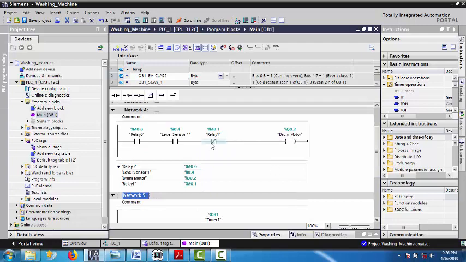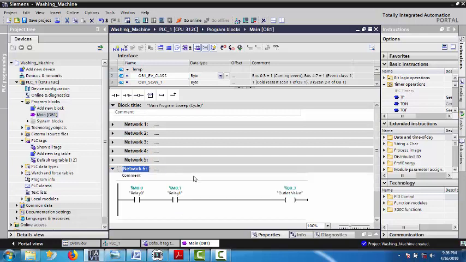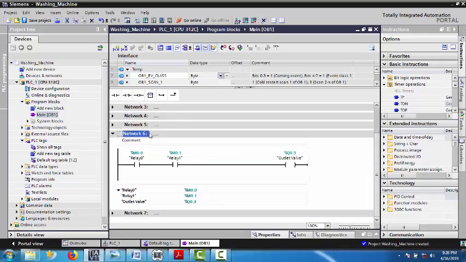As soon as relay 1 starts, you have to turn off the drum motor. That is why an NC of relay 1 is used over here. So you control the drum motor. And as soon as the drum motor is done working for 5 minutes and relay 1 is on, you have to turn on the outlet valve. As soon as the outlet valve turns on, the water will be drained out of the washing machine. This is all that is asked from you in the exam.